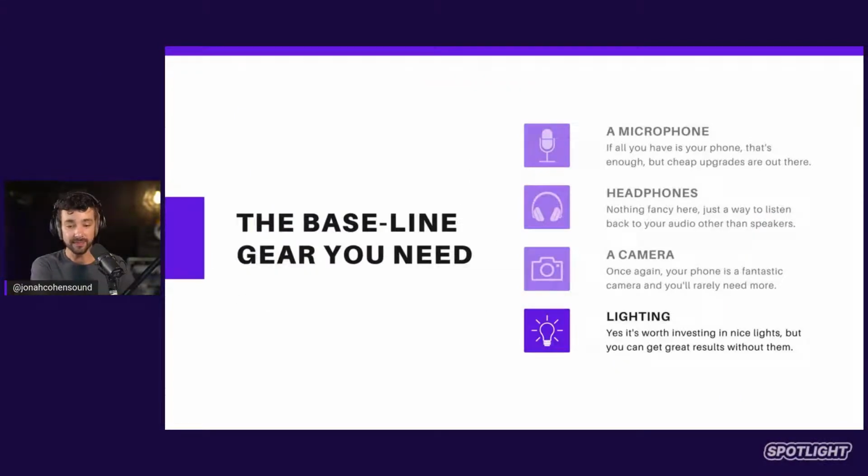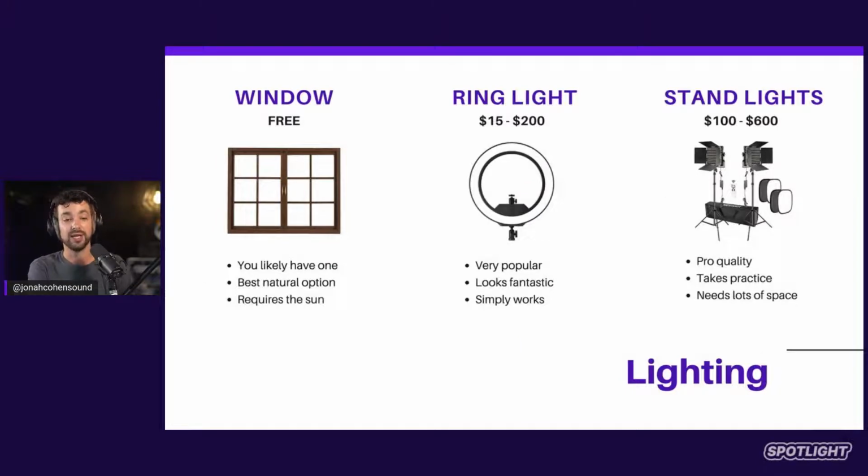Next, you need lighting. Now, I'm not necessarily talking about you need to go out and buy a bunch of lights. At very base, you just need to position yourself well with the natural light you have around your house. So if you don't have the budget at the moment, or if you don't like the lighting you have, always try just setting yourself in front of a window as your first option. Natural light is beautiful and it can be used really, really well.